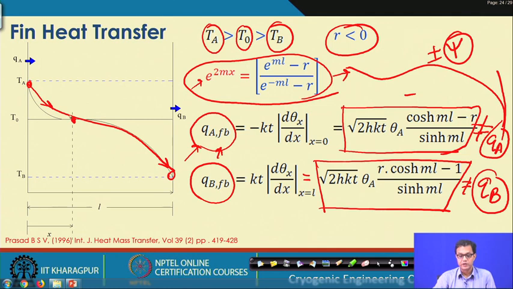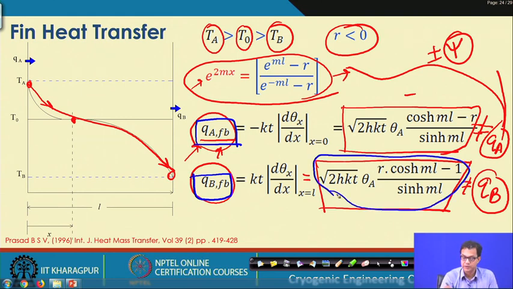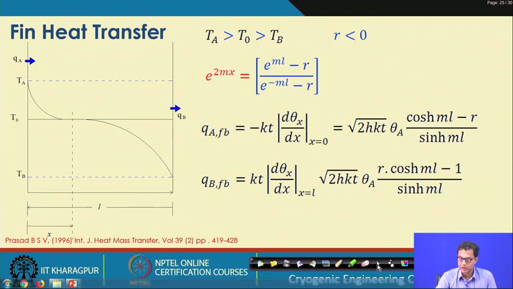This is very frequently a common phenomenon in multi-stream plate fin heat exchangers. So, that will be taken care of automatically by this expression. So, we understand that this particular expression we will be using for the multi-stream plate fin heat exchanger analysis. Expression-wise, it looks like this for the QB fin base, and this is the expression we get for the QA. So, now based on this information, we will again go back to our